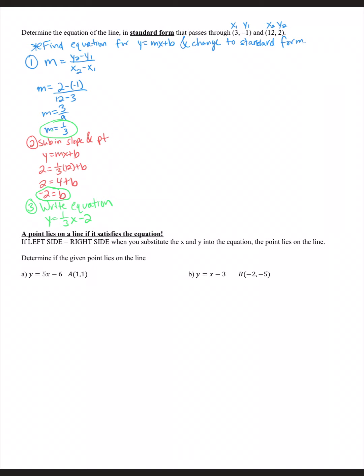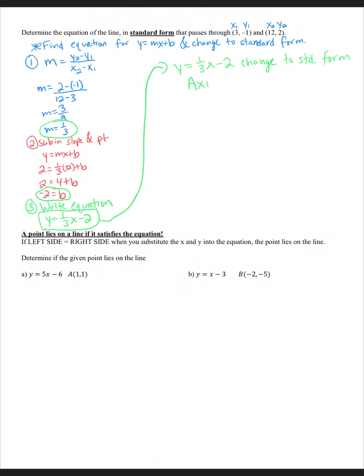So there's your equation of your line. We have y equals 1/3 x plus 2, okay? That's the equation in y equals mx plus b form. But they're going to want us to put it into standard form. So we're going to take this y equals 1/3 x minus 2 and change to standard form. Okay, but we'll always get it in that format first because we know how to do that with at least 2 pieces of information. So now if we need it in standard form, we need to remember that standard form